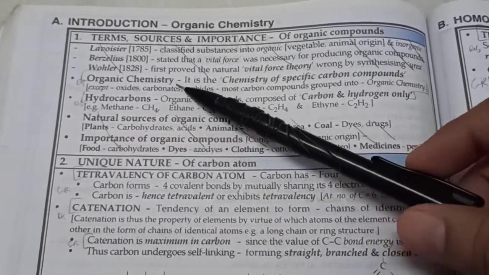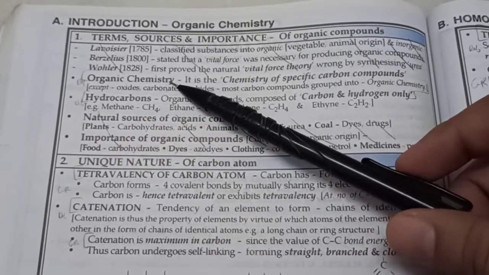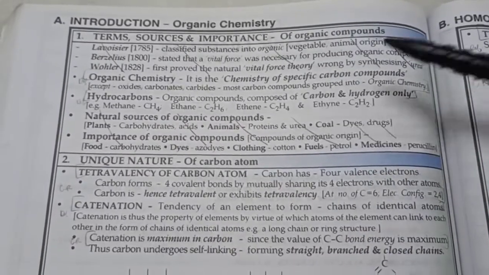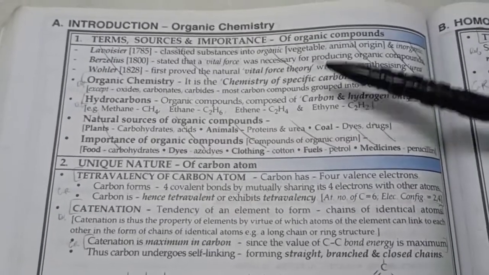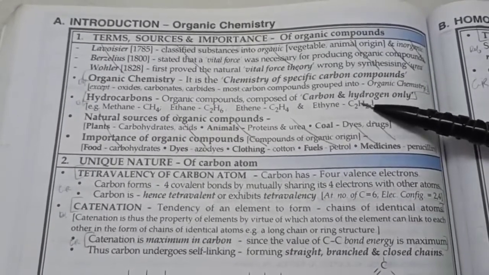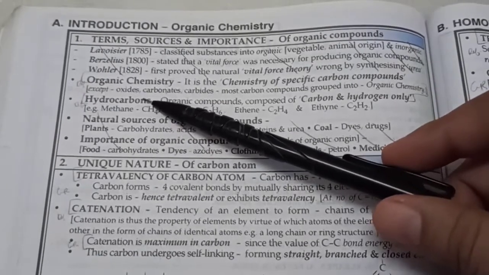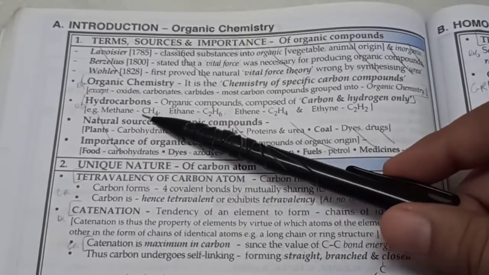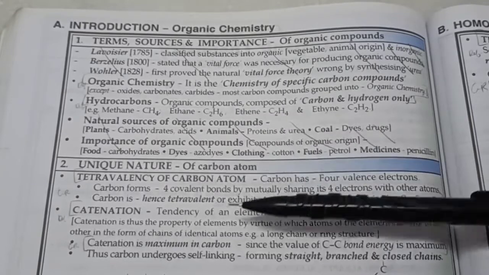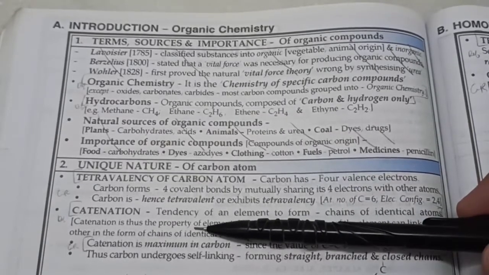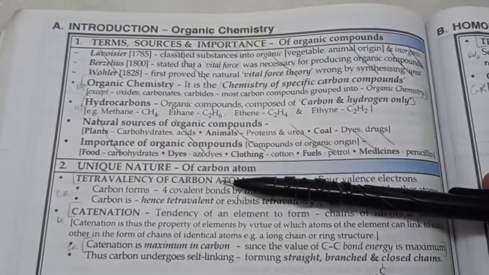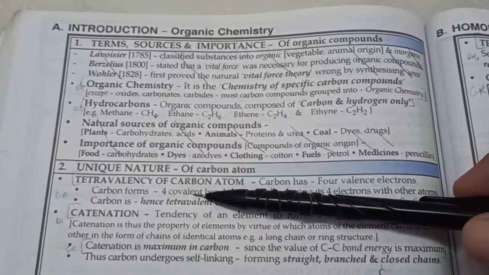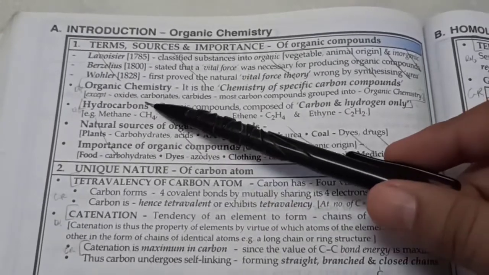Now, out of all these carbon compounds, we have a class of compounds called hydrocarbons. As the name suggests, they have hydrogen and carbon only. So all the compounds which have only carbon and hydrogen are called hydrocarbons. And in this chapter, we will focus mostly on hydrocarbons. Example: methane, ethane, ethene, ethyne. How will we name different compounds and remember them? Well, we have to follow certain rules which we shall study in this chapter. Note, all hydrocarbons are organic.